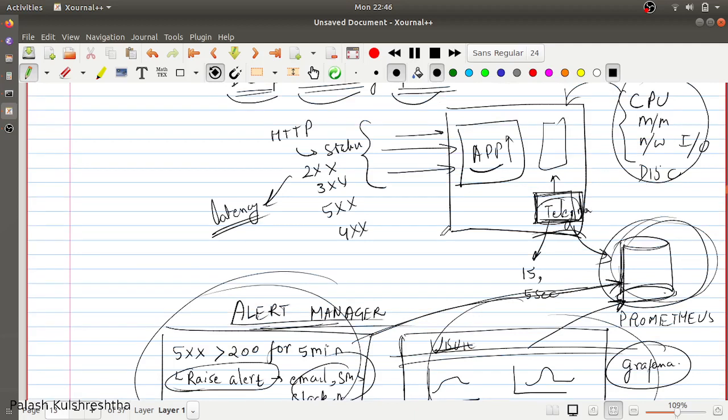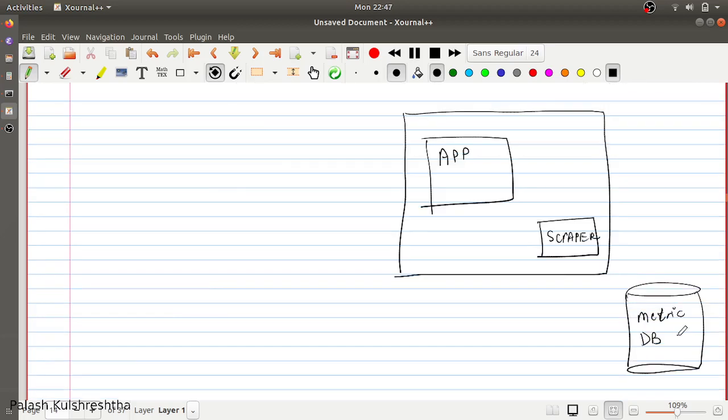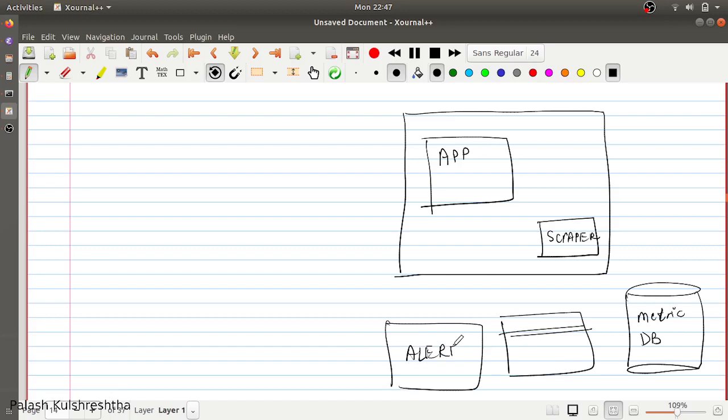Now, what are deep monitoring patterns? When you have your application and you have the first level of monitoring set up, for visualization and alerts, then you can move on to the next level, where you can start sending custom metrics from your application. So let's say you have different flows in your application. For example, how many orders are getting filled.